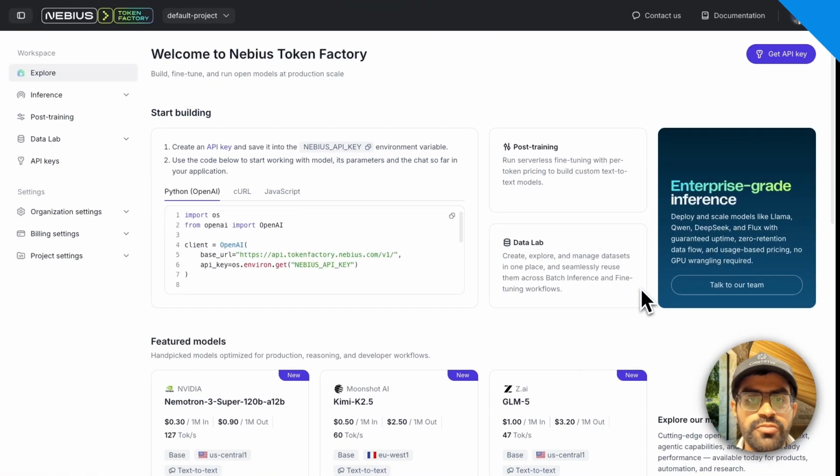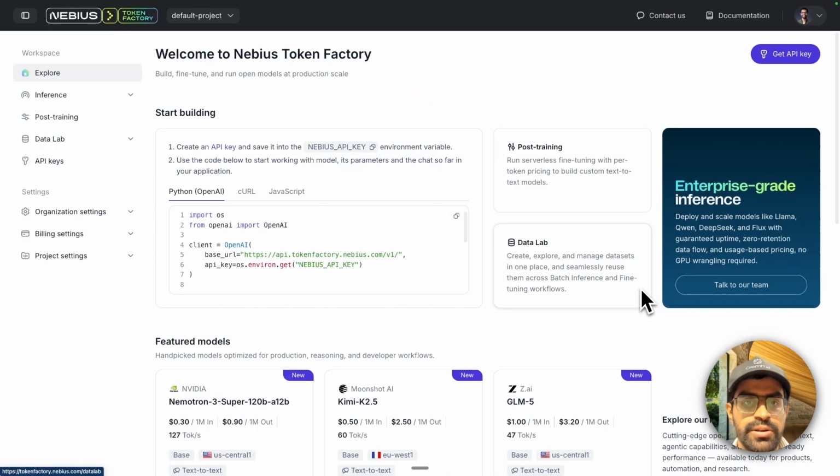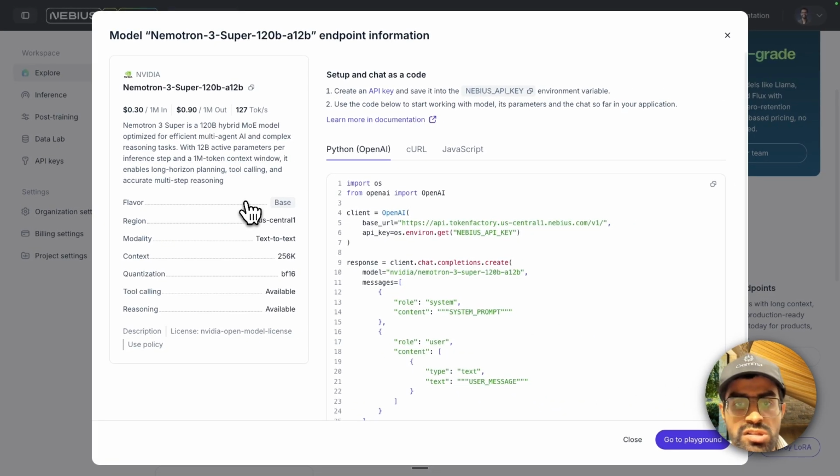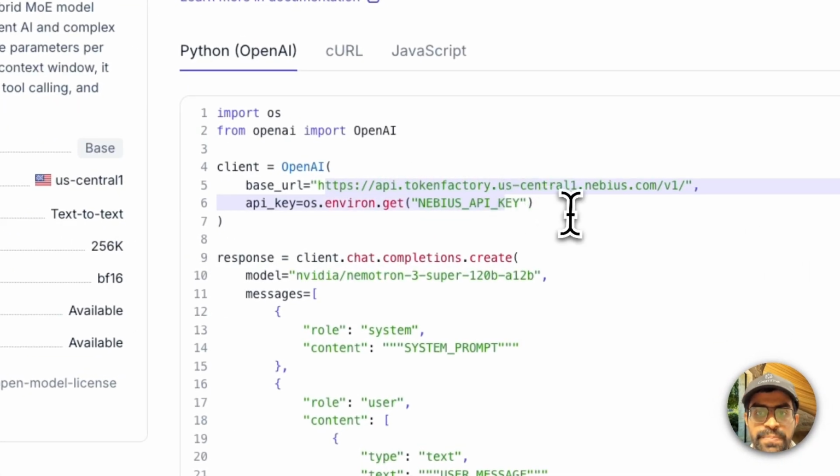So let's get started. So first of all, what exactly is the Nebius Token Factory? It's an all-in-one platform which allows you to leverage different types of open source models with the help of these endpoints. For example, the NVIDIA Nemotron 3 model was just launched, and here you can see an OpenAI compatible API where you change the base URL to Token Factory, you generate a Nebius API key that you can use, and now you just use the built-in method for chat completion and just specify the NVIDIA Nemotron model,